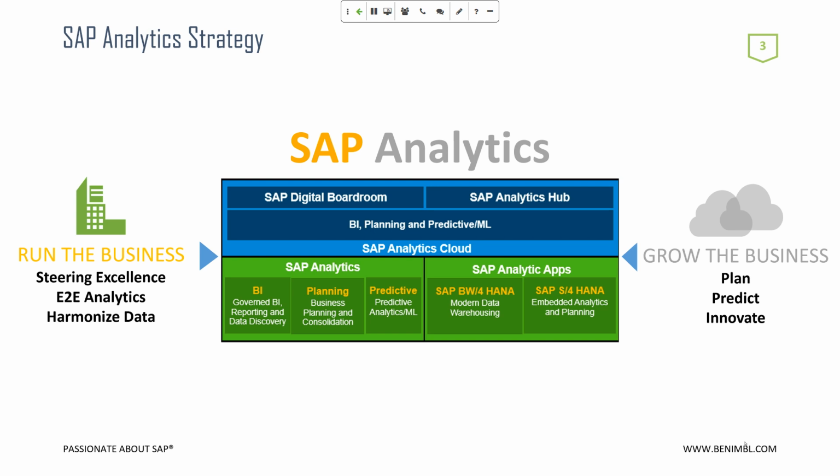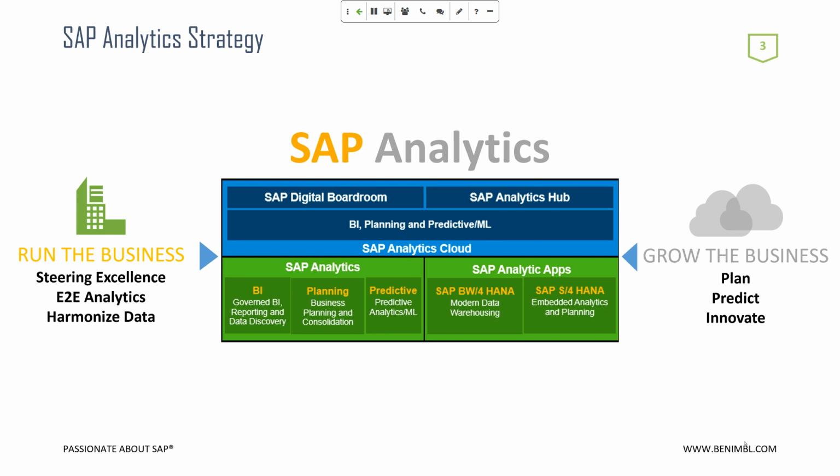So, as college students graduate from college with data science degrees and a passion for R programming, you can take that talent and now apply it to SAP Analytics Cloud, because SAP Analytics Cloud supports full R programming within the stories that is presented there. Now, on this slide, you also see a reference to BW4 HANA and S4 HANA, and